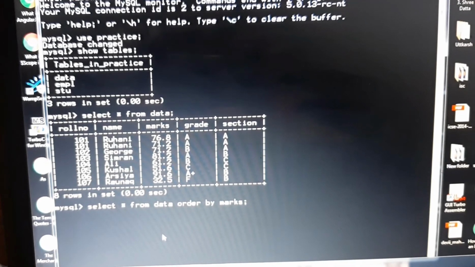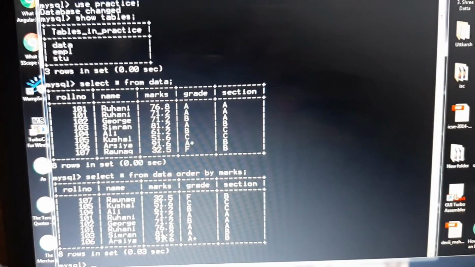We are not writing anything else, we are just writing order by marks. And now this is going to show us all the marks arranged in ascending order from smaller to bigger. So here you can see 32.5, then 51.6 and so on.